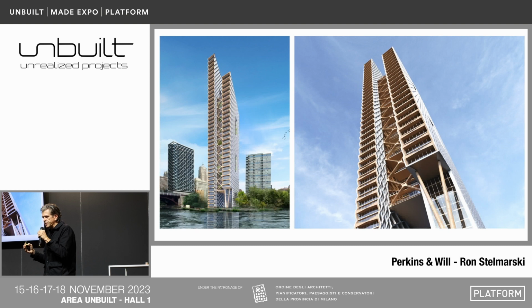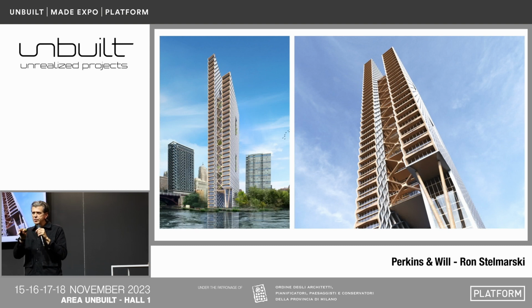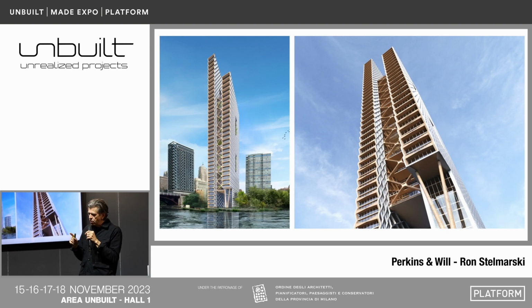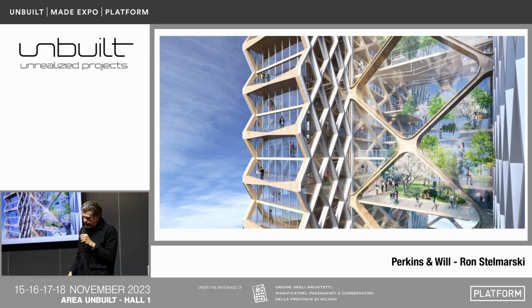I think we all have these probably in our studios. This is another unbuilt, so I've transplanted an unbuilt into an unbuilt. This is an 80-story all-timber tower that our Chicago studio has been working on. Obviously, it's not made it to the construction level yet because of codes and other reasons, but it's gone through some serious prototyping. But kind of like a laboratory, we pulled this one off the shelf and dropped it into our site and just speculated this as one of the building blocks for the architecture of the site. So now we had a bigger idea of how